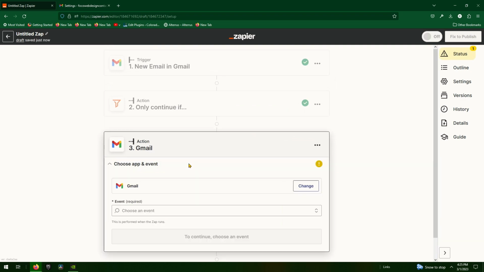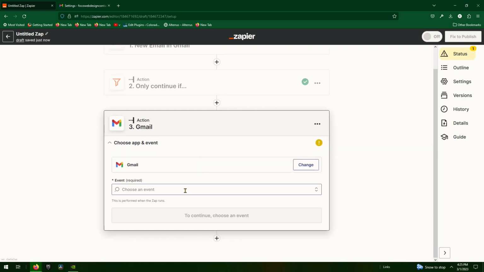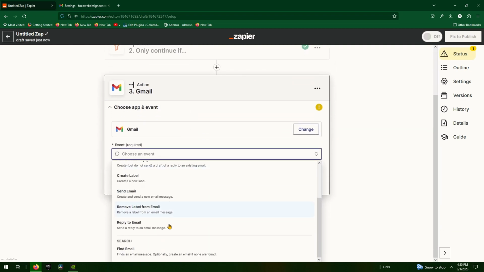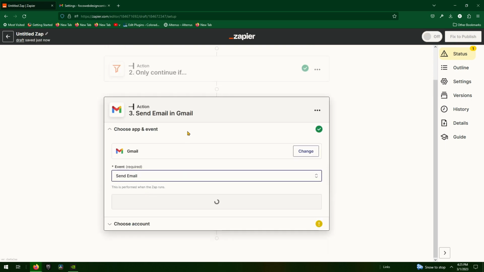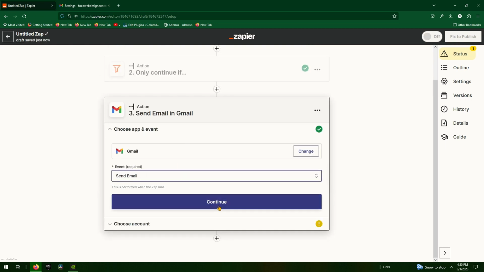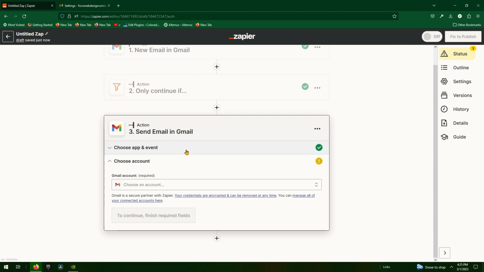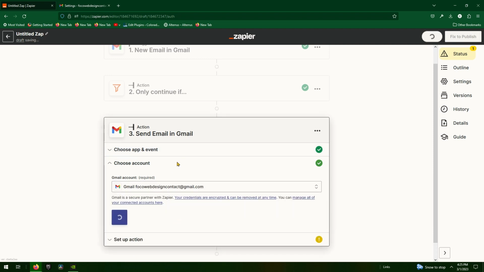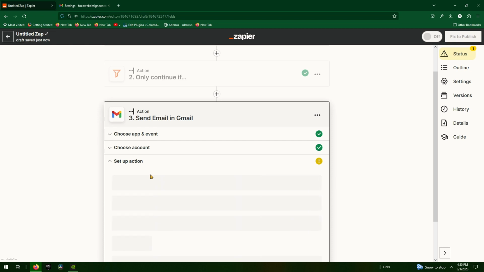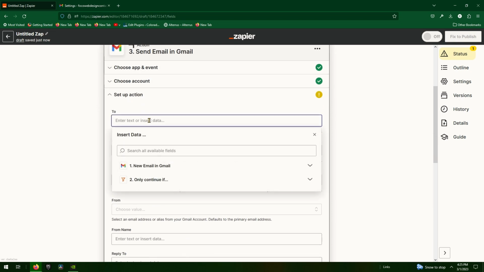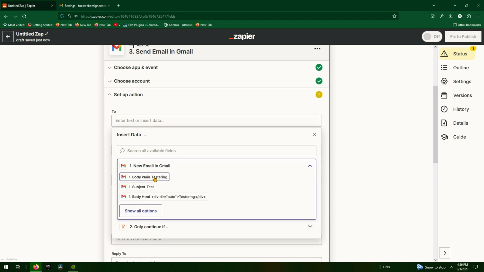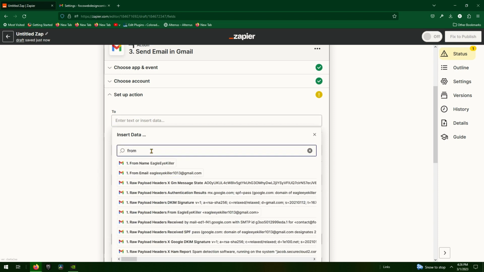You're going to click Gmail, and you're going to have an auto response happen. So you're going to want to click on, you're going to want to send mail, and continue. Make sure you select your account again, continue. You're going to want it to be to, this is important also, new email in Gmail, and then right here just type from, and then don't do the from name, do the from email, otherwise it won't work. From email,